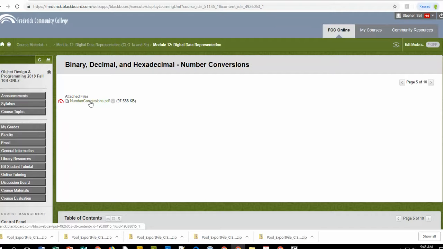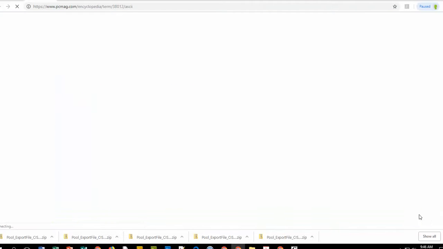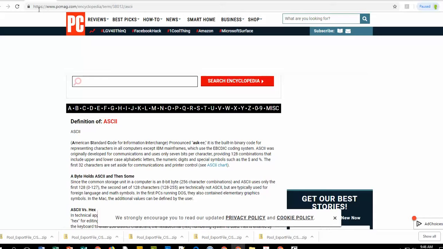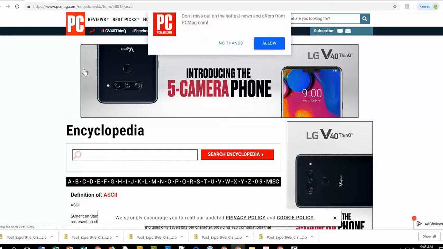So this PDF sort of explains that. It does explain it, actually. I just think it's a little bit cryptic in the manner it explains it, but you should read through that or at least glance at it. And then this link talks about